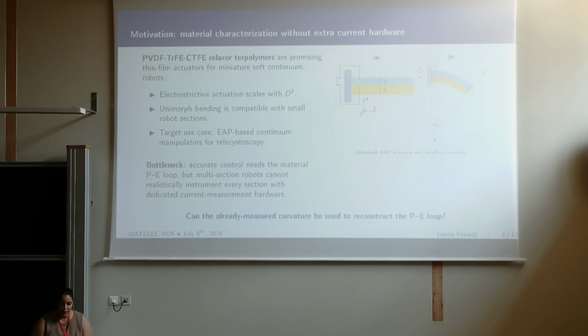And so the idea is instead of measuring the currents and deducing the polarization hysteresis, we actually exploit the curvature data in order to extract this information. Because for one actuator it's okay, we can add an amplifier to measure the currents. If I have a whole structure, or would have a 6 actuator structure, it becomes very cumbersome to deal with multiple